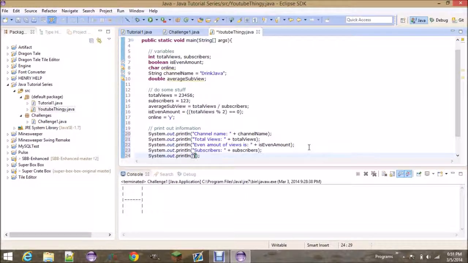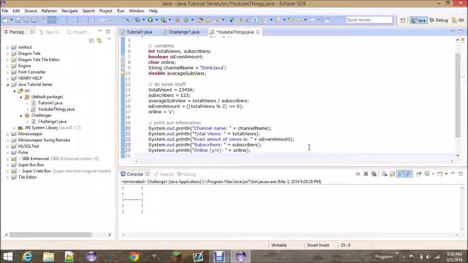So online, we're going to check if we're online, and it's going to be Y or N. And we're going to do the character online. There we go. And last thing, there's going to be two more things we're going to print out. As you can see, we have a lot of print statements. And we're going to print out average number of views per subscriber plus the average subview. So this average subview should be equal to this number divided by 123, which if we run our calculator